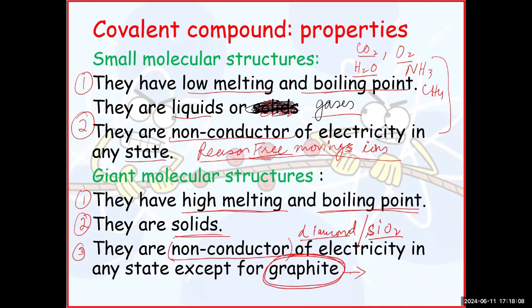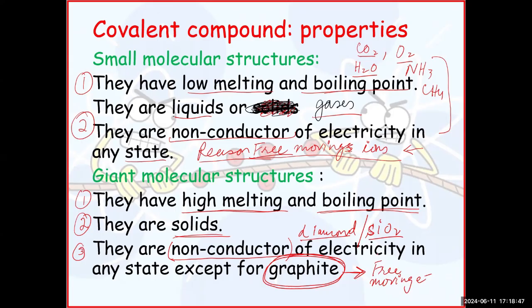Now, I asked what is the reason for non-conduction of electricity in small molecules. My question is, what is the reason for conduction of electricity in graphite, if you know already? I know it's not something I have told you, but you already have information you can share with me. Yes, graphite has free electrons, because it only bonds with 3 carbon atoms, not 4. Very good. Well done. You already have a lot of information about it.